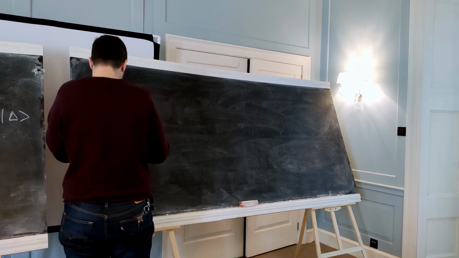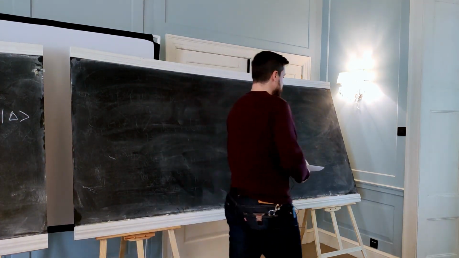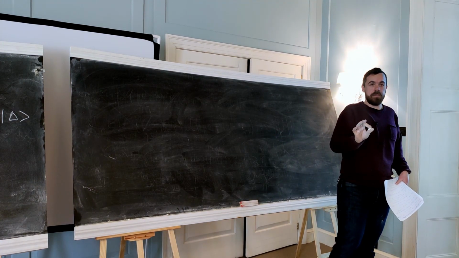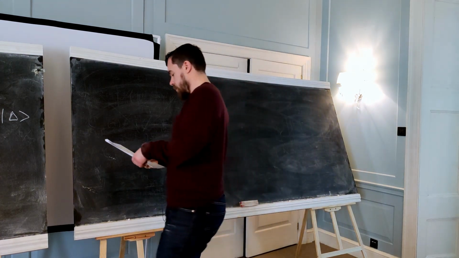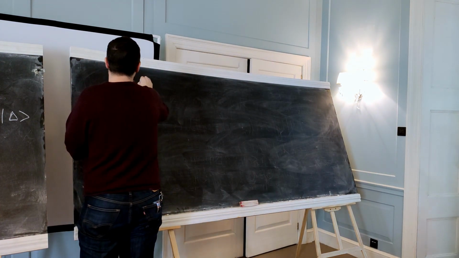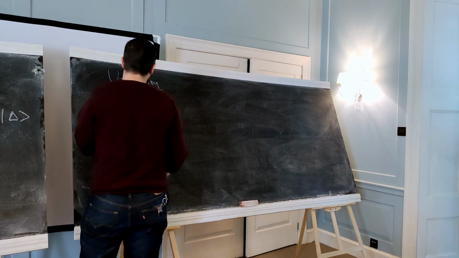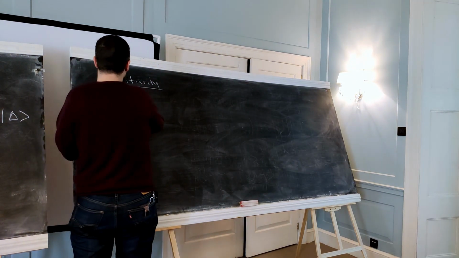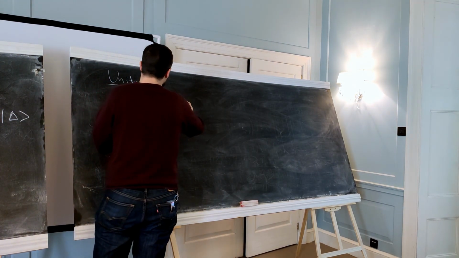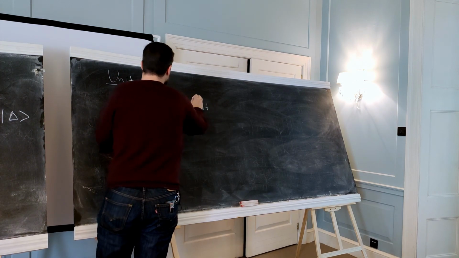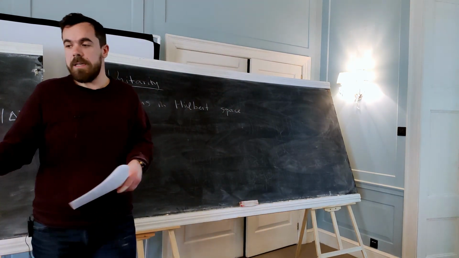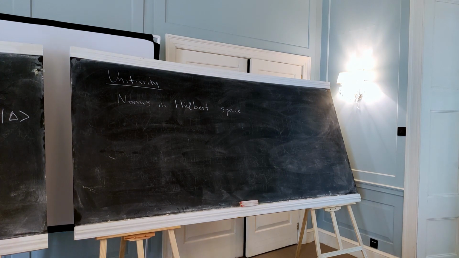And so even though we might not use it extensively, it's very useful to know what the conjugate of an operator is in radial quantization. Okay, so that's what we want to talk about: unitarity. And in order to talk about unitarity, we have to discuss norms in the Hilbert space. In particular, we want our theory to only give rise to states whose norms are positive definite. You don't want any negative norms. That would signal a violation of unitarity.